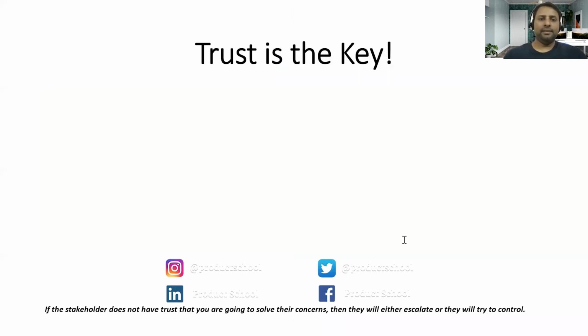All right. First things first, trust is the key. Your stakeholder must be able to fully rely on you when it comes to updates about important decisions and changes. Show them that you not only understand their issues and concerns, but that you are also actively looking for a solution to address them. Should your stakeholder believe that they are not being taken seriously, they will either try to escalate the issue, or they will start controlling you. To ensure it does not get that far,